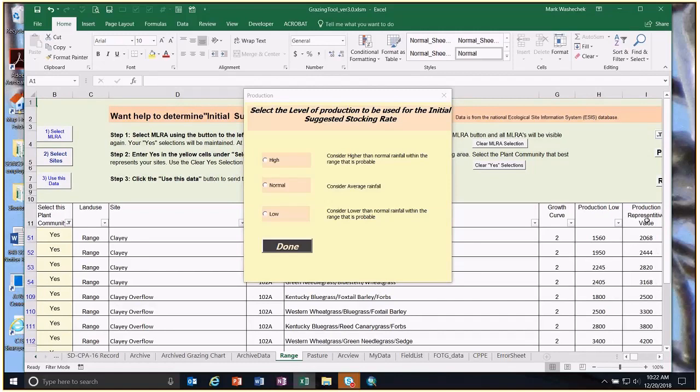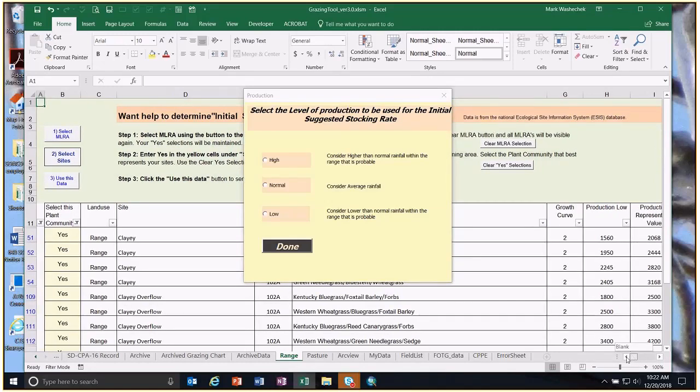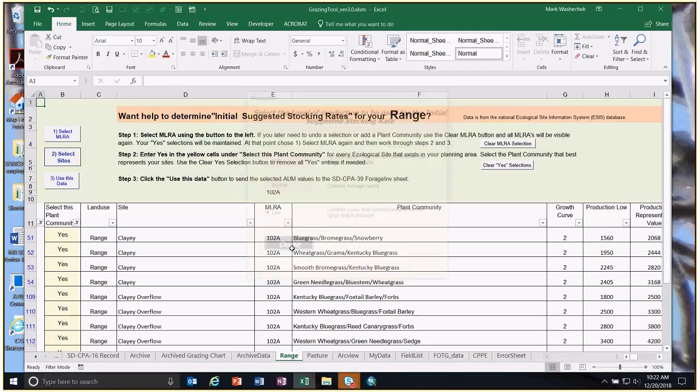There we go. Okay. All right. So the normal is a representative value. We've converted it to AUMs. I can actually pick high or low. Why would you do that? In my thinking, if I get a whole ranch completed with all the fields inventoried and all the ecological sites identified with their plant communities, if I click on low, what it's telling me now, and I'm going to go back to where I was,